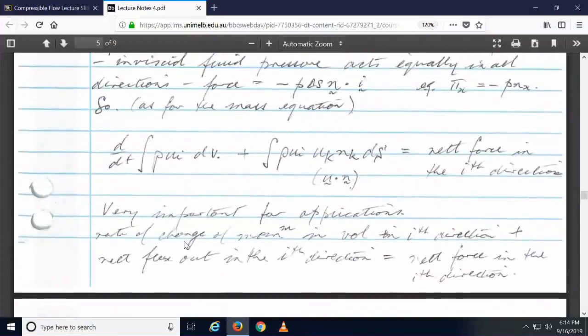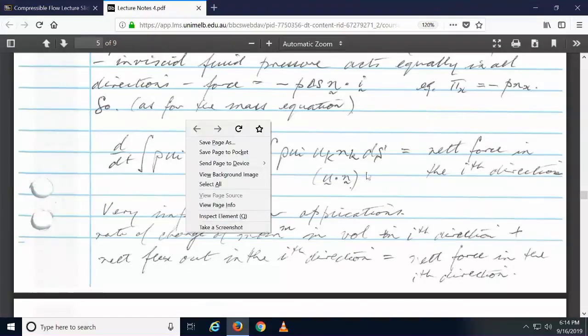So now, if you have this equation, Gauss's theorem can be used again. You can see that I can replace this rho ui, uk, nk by some vector a dot n, and so the